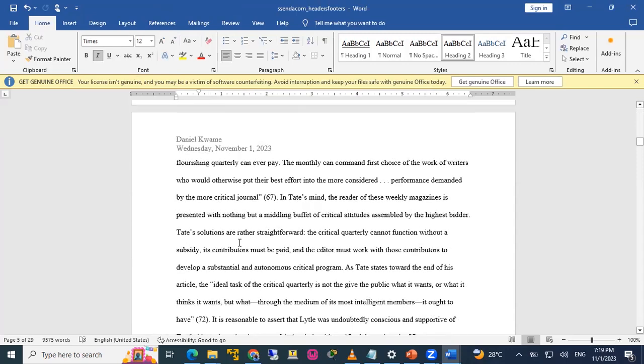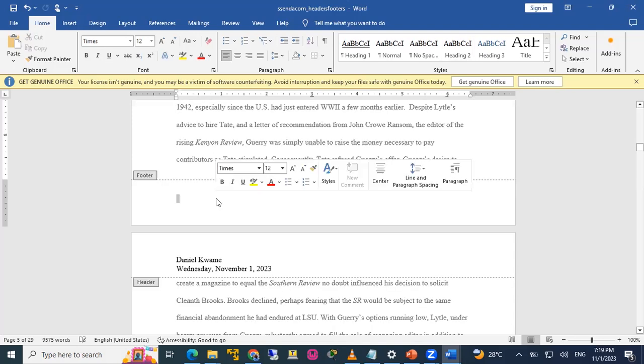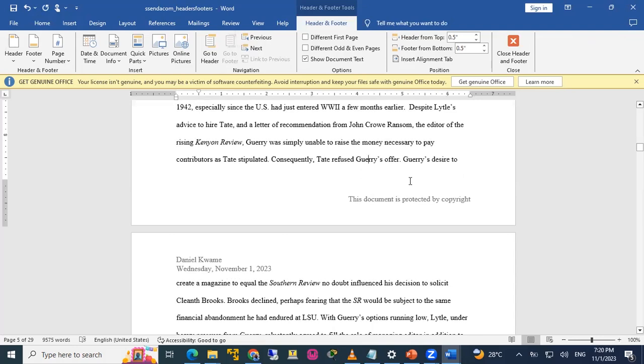The same way you are doing this, you can do this under. So the top is what? Header, and the down is what? The footer. So when you double click here, you see the footer will open. You can do the same thing here. So I can actually write here, oh, this document is protected by copyright. Plenty things, and then maybe I align to the right. And then I also come out of this document.